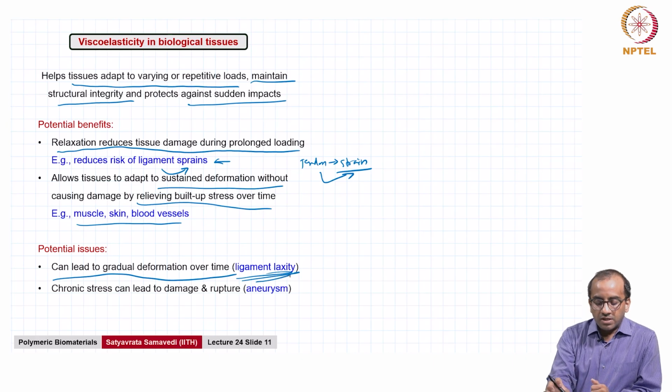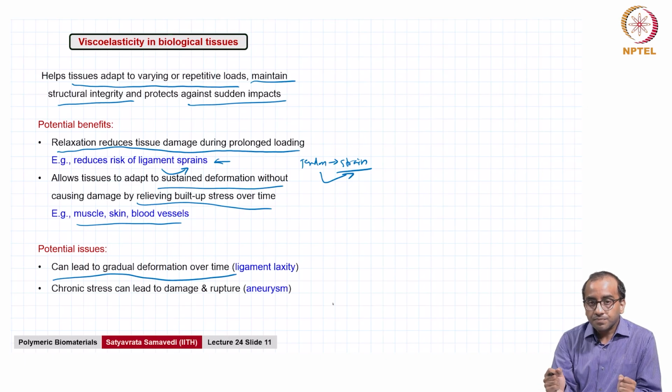Now, this becomes important because if you are designing materials or polymeric materials that can replace ligament tissues or ligament replacements, not only are you looking at things like modulus and crimping, etc., you are also thinking about what happens when I hold this to a constant load, and what is the effect of creep there, right. So, you do not want the material to undergo significant creep and result in loosening of the